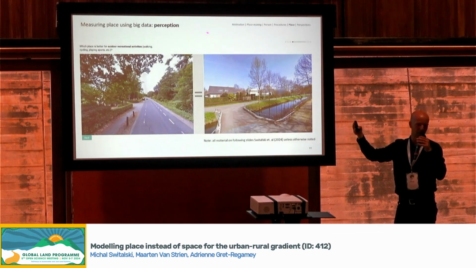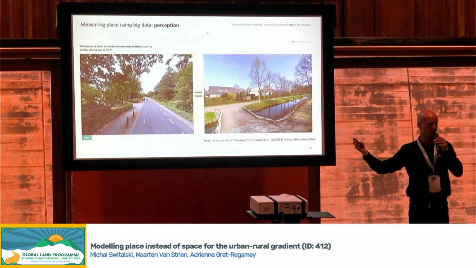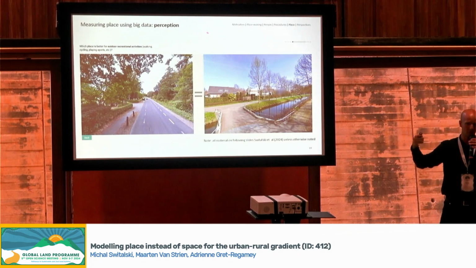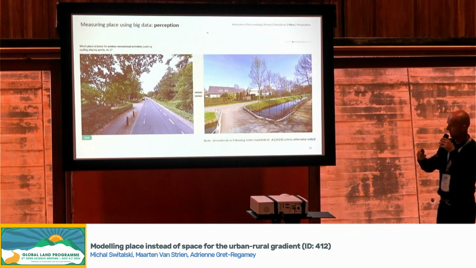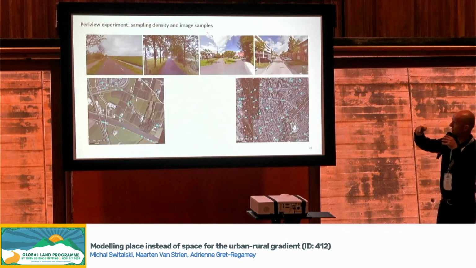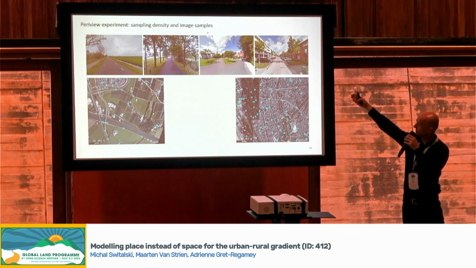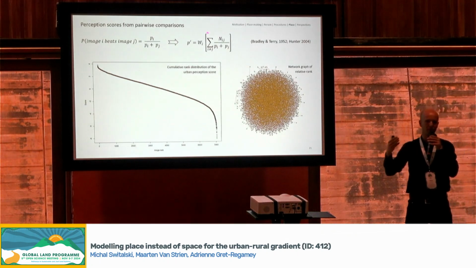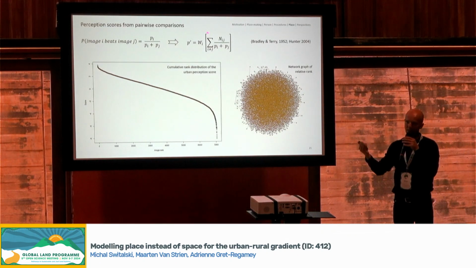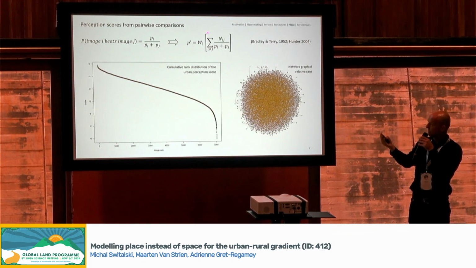We measured this perception indicator through an online choice experiment, which asked 10,000 people to compare 7,000 places through this kind of online experiment. And here is just an example of the spatial spread of the points and what the participants saw. Given enough comparisons, we can produce a full ranking as well as the score of these places.